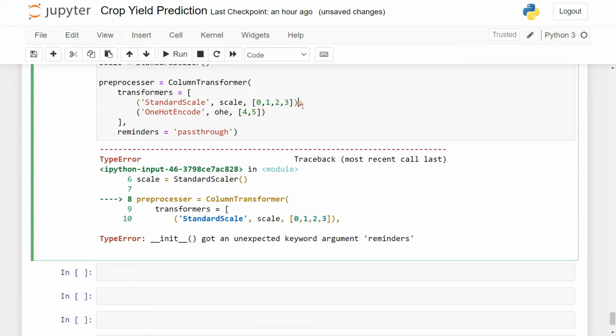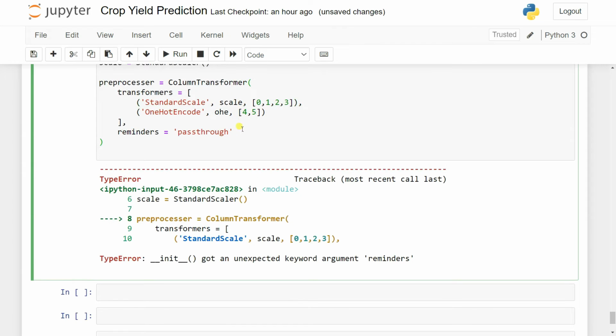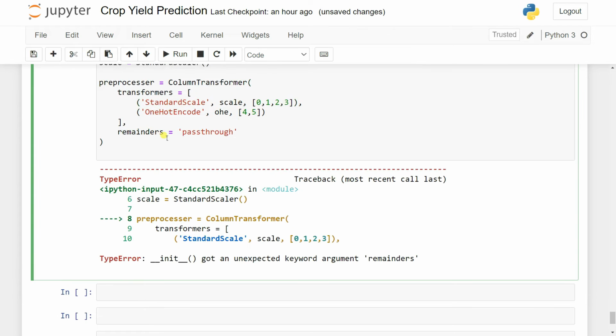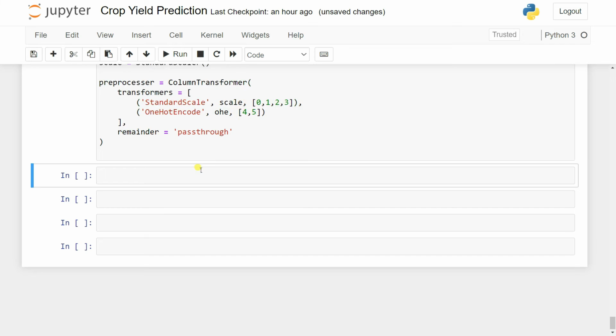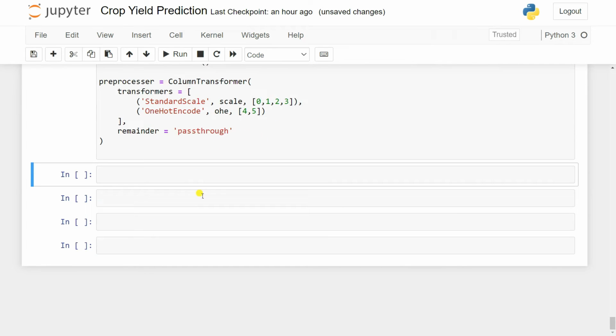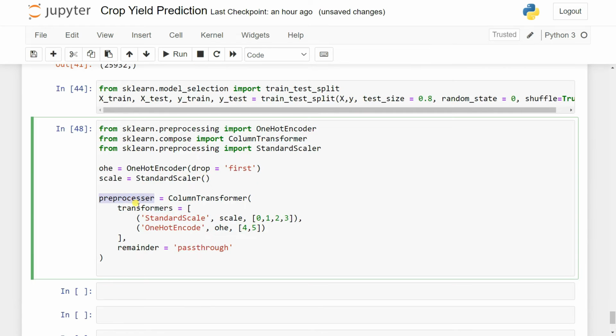Is there any problem in my data scale? Okay, I think it's also giving an error here. Okay, reminder. So it's not remainder, reminders. Again, reminder. What a mistake happens here. Okay, it's called remainder. Okay, fine. Now what I can do is apply this preprocessor inside my X train